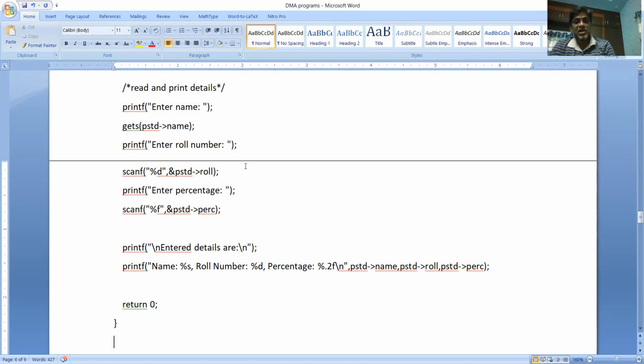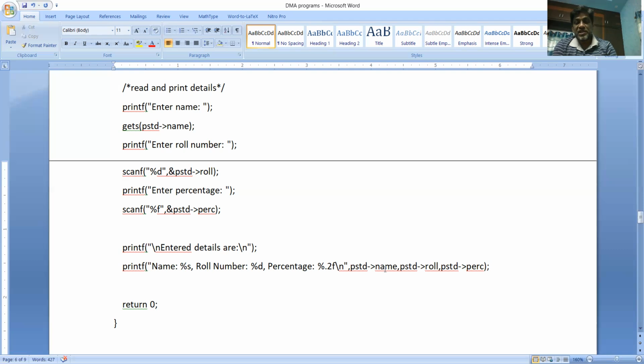So all the members got the values now, and we display the values by using printf statements here. Entered details are name %s, roll number %d, percentage %.2f, referring these three, %s, %d, and %.2f, with these members.